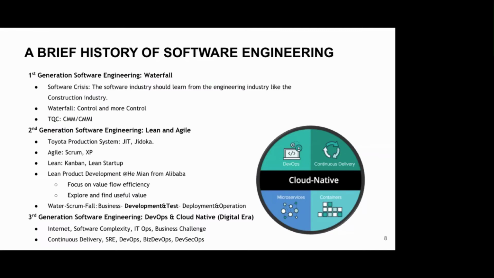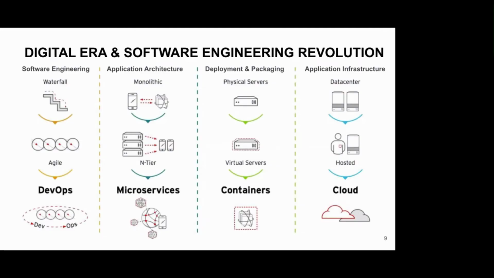So DevOps and cloud native came out. There are a lot of things changing, and we also call it a revolution. Not only the software engineering way, but also the application architecture, the deployment and packaging technology, and the application infrastructure are changing. We want to move from waterfall to Agile and then to DevOps because the application architecture is changing. We have to use microservices